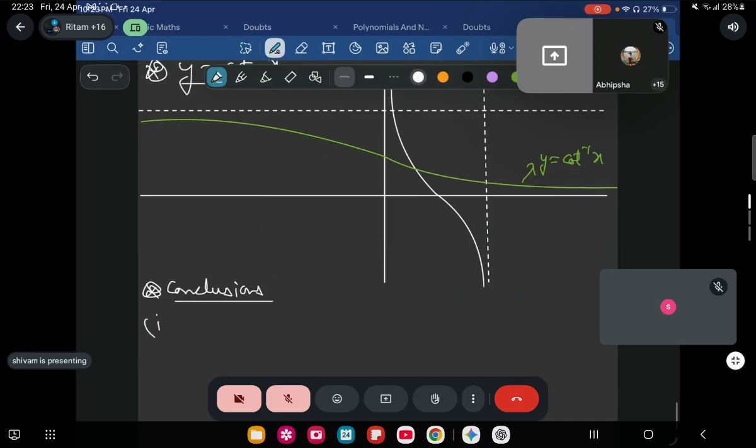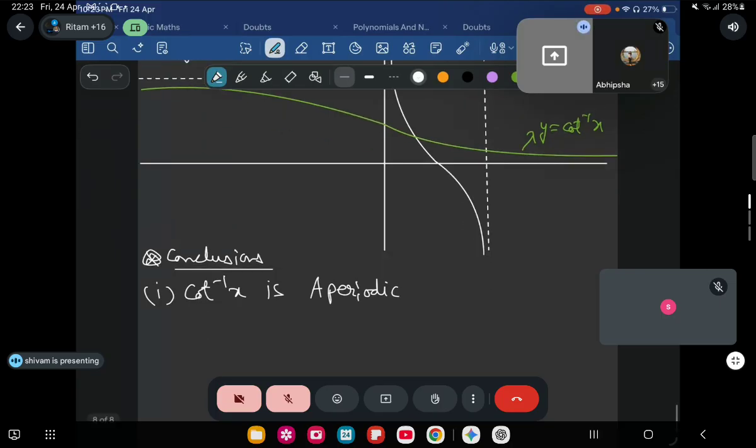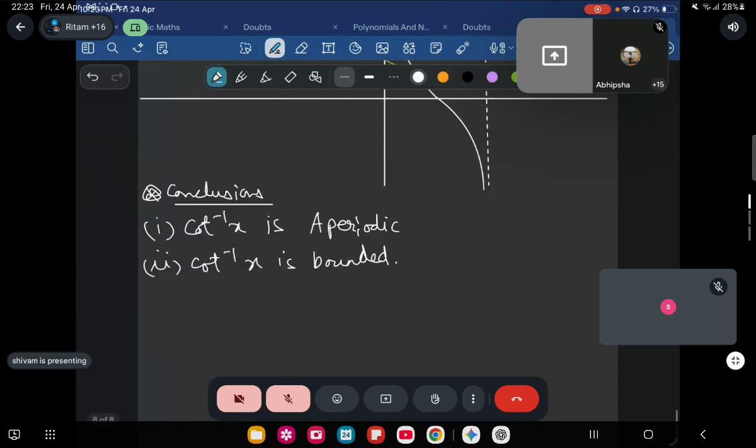Number 1, cot inverse x is aperiodic. Next, number 2, cot inverse x is of course bounded. Next, number 3,